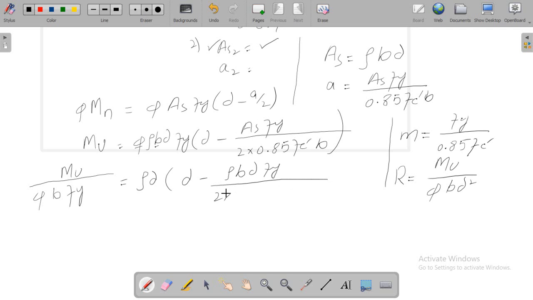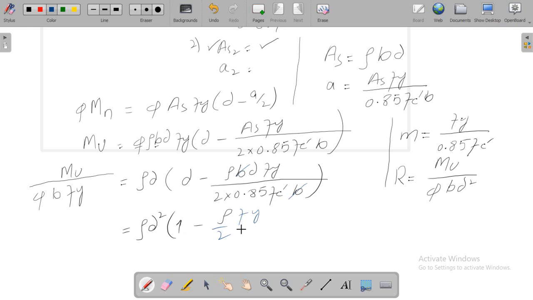divided by 2 times 0.85 Fc prime into B, right? Now just taking this D common, this D will become D square. Here D will be cancelled. We have only one here, and here we have rho. This B will be cancelled out with this B, and this D will be cancelled out, because we are taking D common, so that's why rho Fy